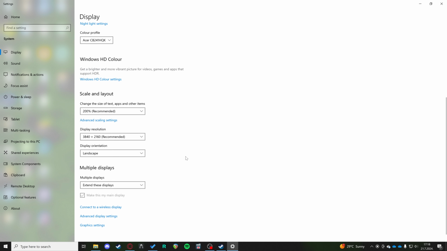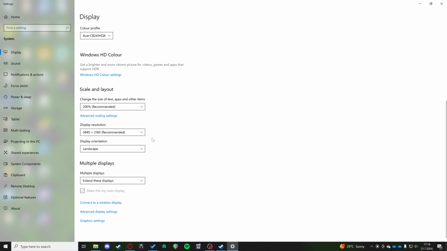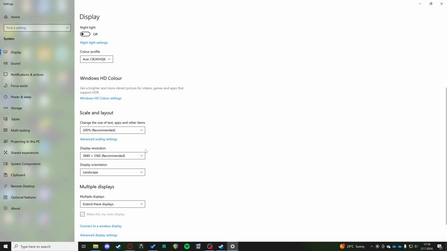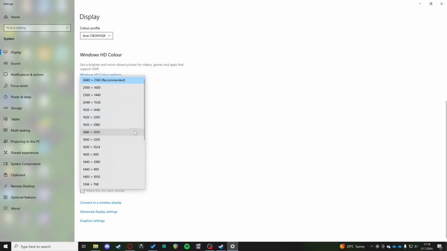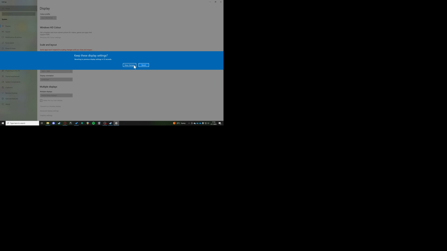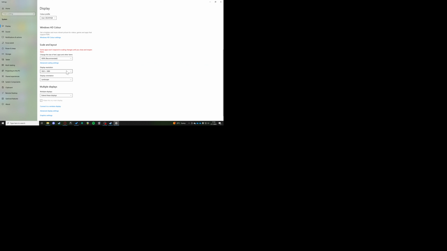Now, in the display settings, you need to watch out for what kind of monitor you have. You need to check the resolution of your monitor, and usually, when you click on the display resolution, I just scroll down. If you click on the display resolution, it will give you a recommended resolution. If you're not on a recommended resolution, then you're going to have some problems with the blurriness,